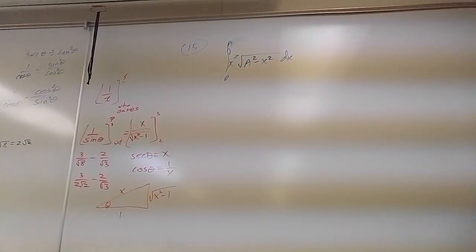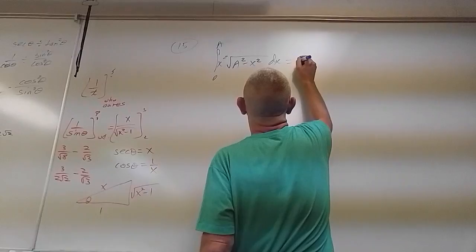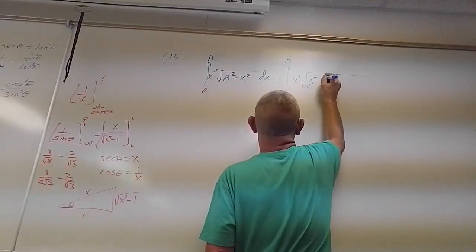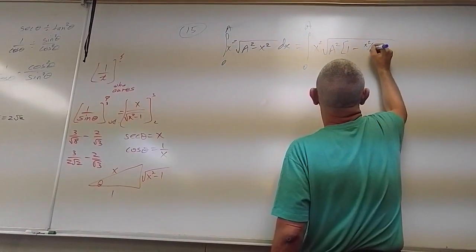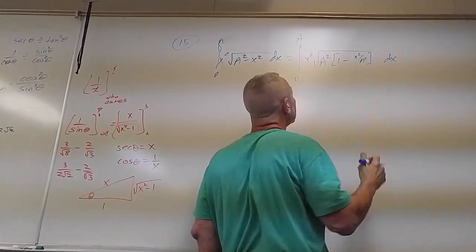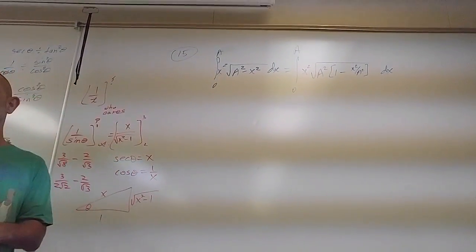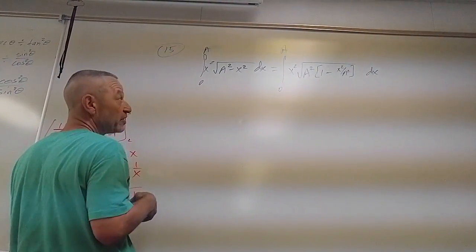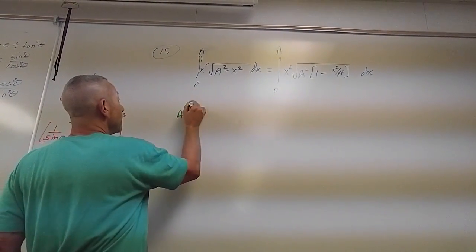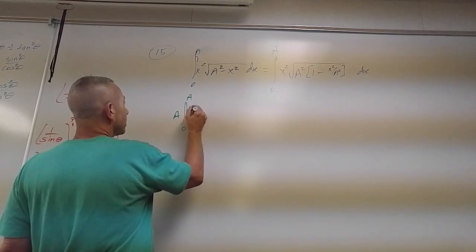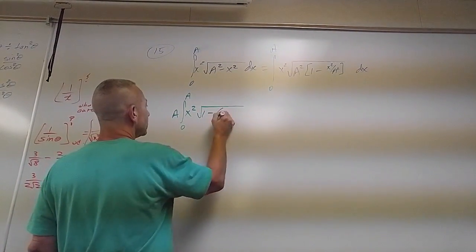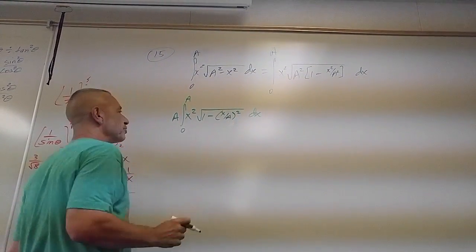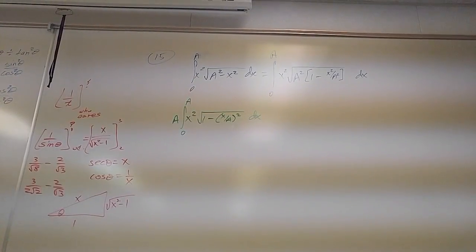Change that a squared into a 1. So I'm going to factor an a squared out. Is that okay? So let's see. I guess I can take the a out of the radical now. That's going to be a, integral from 0 to a, x squared times the square root of 1 minus (x over a) quantity squared dx. I didn't have to write x over a quantity squared, but it makes the substitution a little bit more